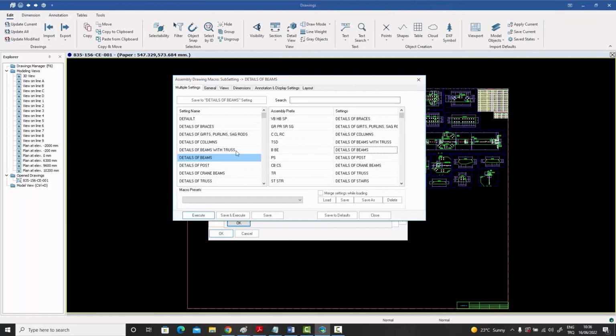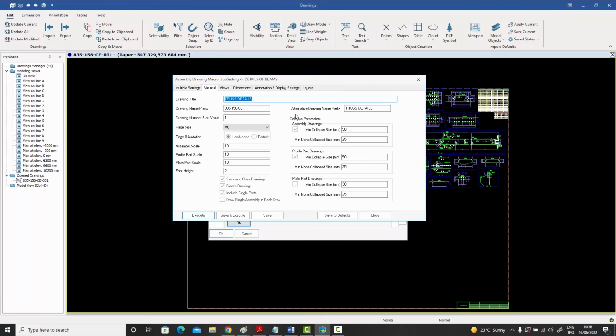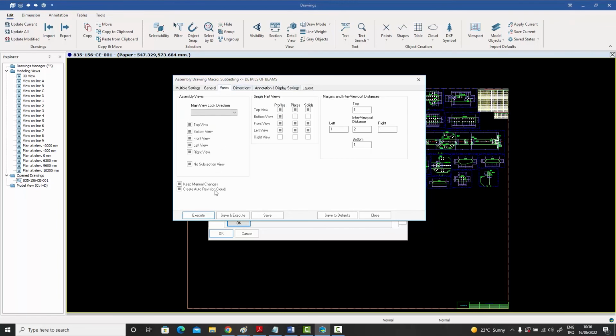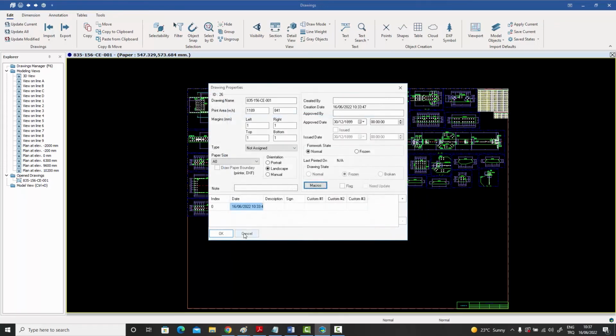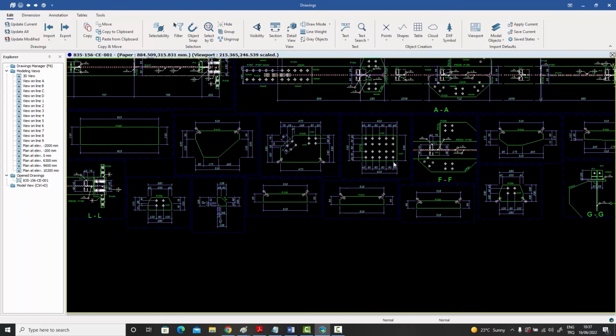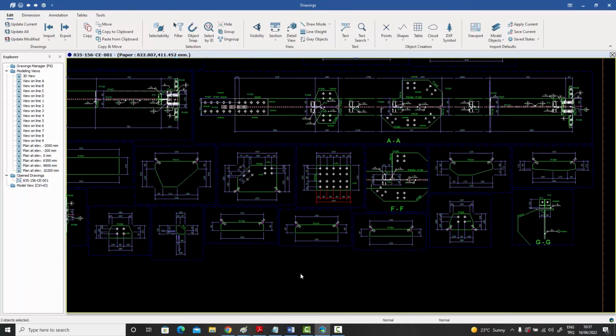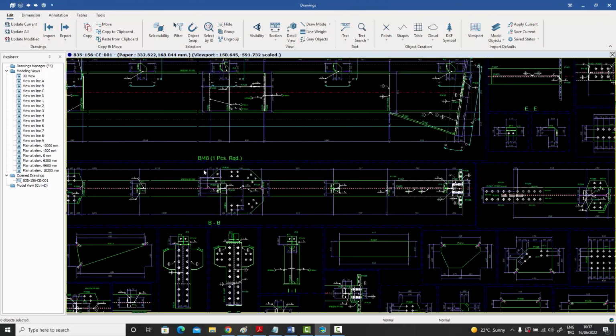But let's say I don't want to spoil any one of those, but I just want to make some manual changes, because I want to show you right now. So we can go on any one of these, make any changes, and basically press the execute button. And that's going to execute the macro again. And once again, the drawing will be created with the new setting. So for example, if I were to zoom in and see this plate over here, you can see we had talked about the dimensions will be created on the left side and on the right side and on the top and on the bottom. There was a setting for that,